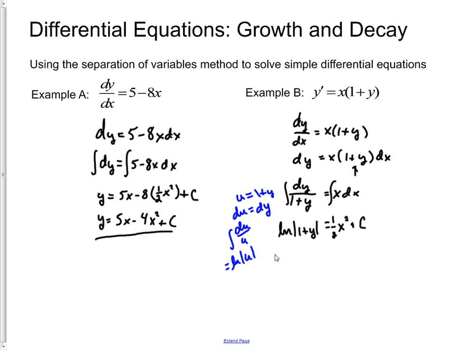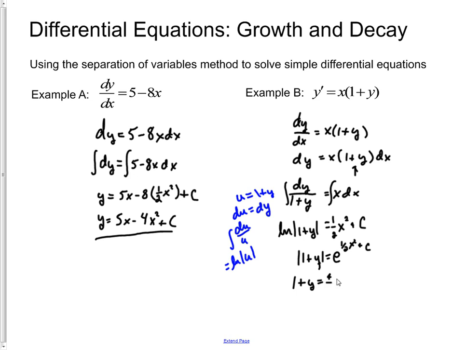Okay, so what does that mean to us? Well, one thing that we could do now is if we wanted to actually solve for a function y that would give us this expression, we could do so as follows. Natural log of one quantity equals another quantity means that that quantity, 1 plus y, is going to be equal to e raised to the quantity 1/2 x squared plus a constant. Right? And looking into it a little bit further, that means that 1 plus y, because it's inside that absolute value, will equal positive or negative of